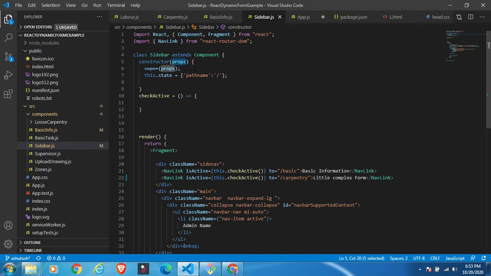Constructor, props. Now, as you can see, we have used the super method. Why is that? This props is also required by the parent class. Here the parent class is Component, and this Component also requires this props data. That's why we have sent the data to the parent class using the super keyword. We passed the props to the parent class. Here the parent class is nothing but Component, which we have extended, and we have instantiated the state.